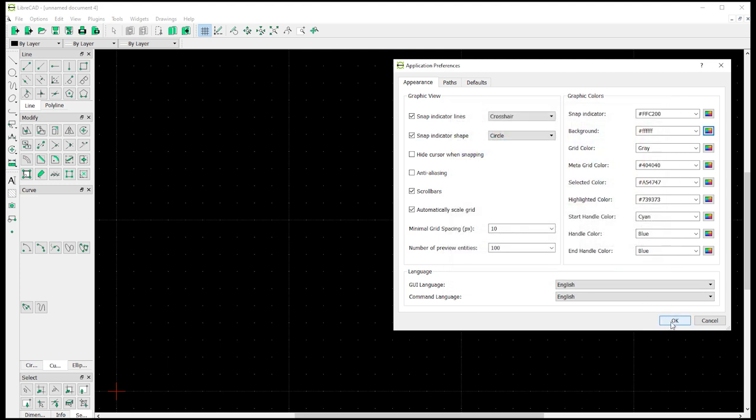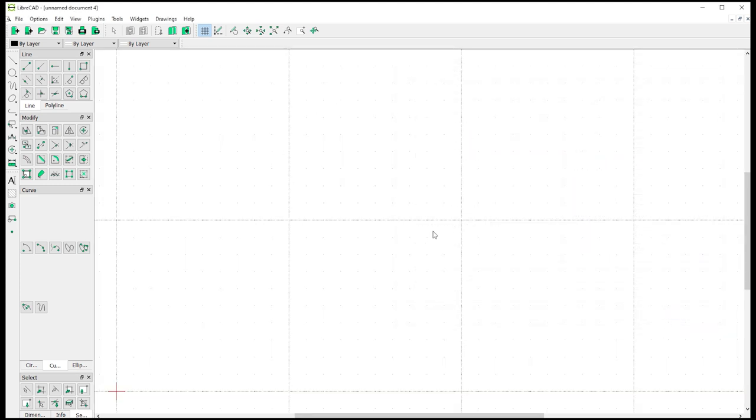Click OK, and now my background has switched to white and the dots have become black. By default, these big squares are 100mm by 100mm. This red cross is my datum, and the smaller dots are on a 10mm grid. Now, all of that is customizable. We can change the grid size to whatever we like, and we will cover all of that shortly,